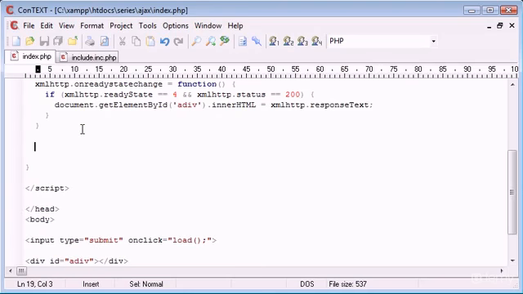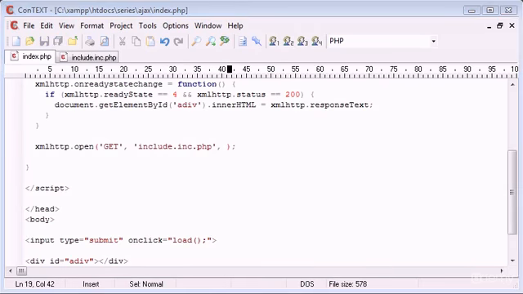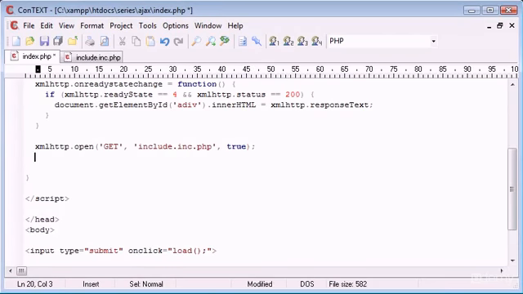So now under here we need to send what we want to put into this. We want to send what we want to put into our div, essentially. So we say XML HTTP dot open. Now we're opening with get. We're getting the data from the page, we're not posting anything, we just need to get the contents of this page, and that is include.inc.php. Okay, so the last parameter is whether we are going to do this asynchronously. So we're just going to write true in here, and then underneath we write